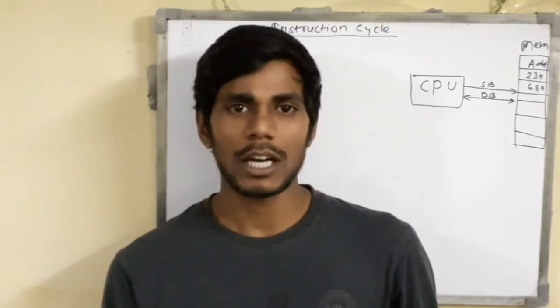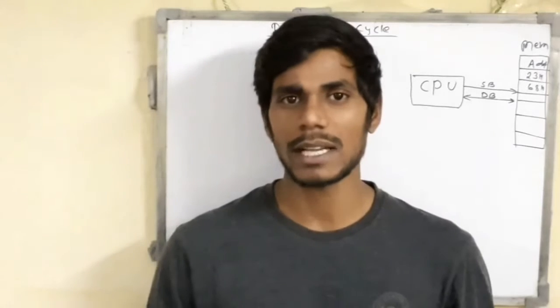Till the last video we have almost covered instruction cycle. So we have seen two subtopics under the topic of instruction cycle. First one was fetch cycle and second one was execution cycle. So we know that instructions are present in the memory and processing happens within the CPU, and the updated value is also stored in the memory. So here we are going to discuss the different stages available under the execution cycle.